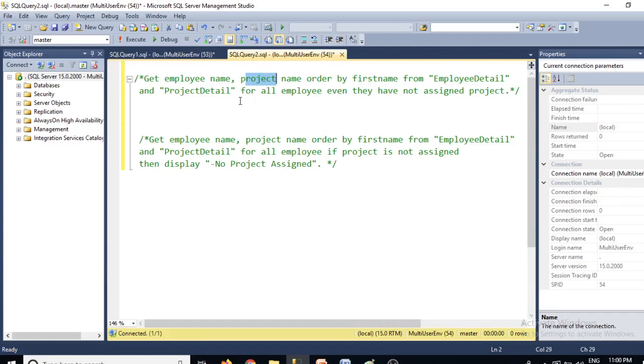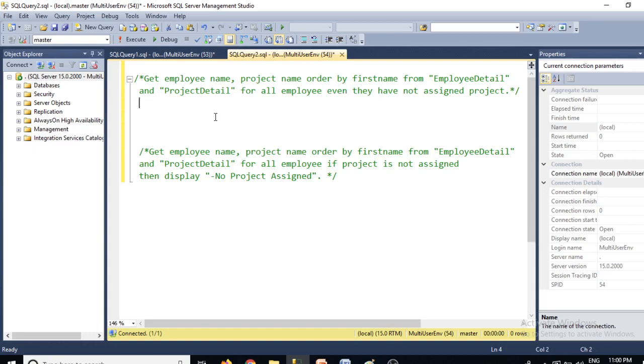Okay, so in that case we have to write a left outer join, because some of the employees are not assigned to any of the new projects. Okay, so here we apply left outer join. So how do we write the query?